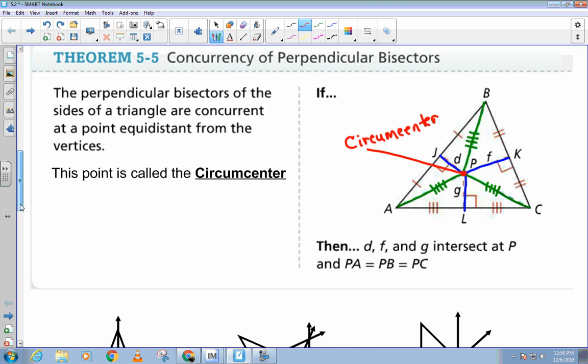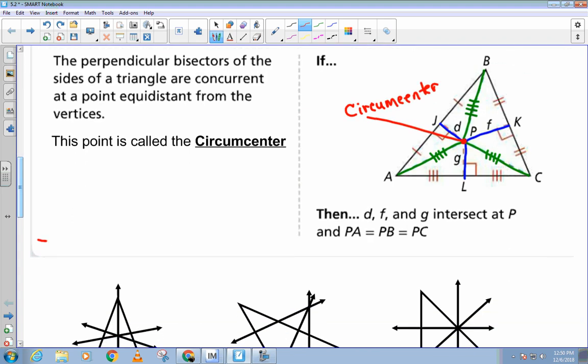So let's write that down. We're going to say the circumcenter is created by the perpendicular bisectors